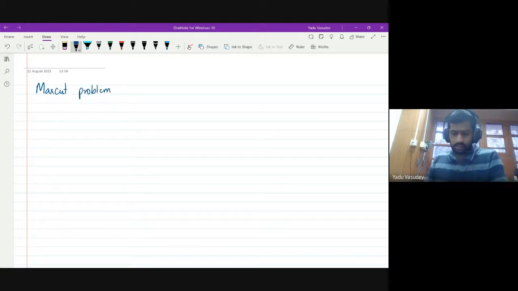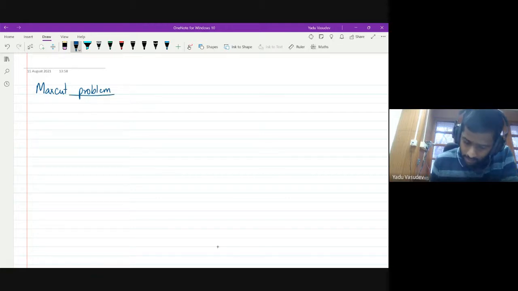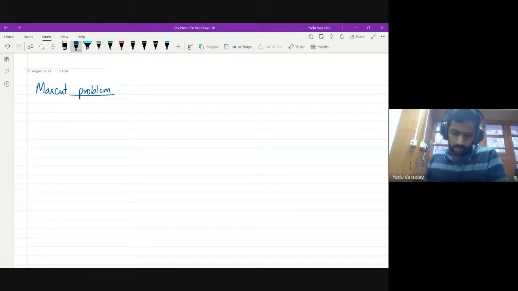Right. So this sounds similar to the min cut problem, just that in this case its complexity is fairly different as compared to min cut. So what is a max cut problem? So you're given